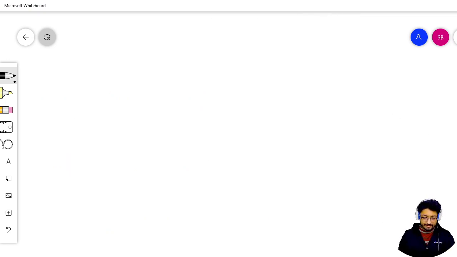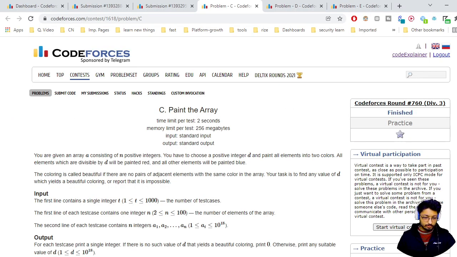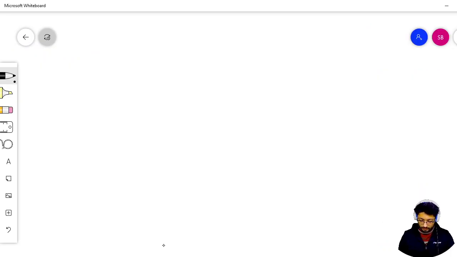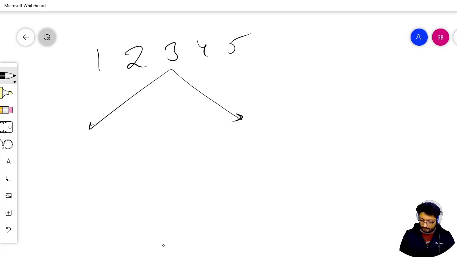So let's take the numbers. Let's take the first example only. The first example is, let's say, 1 2 3 4 5. Okay, so 1 2 3 4 5. The first possibility can be that we find a D such that all the numbers in the even positions